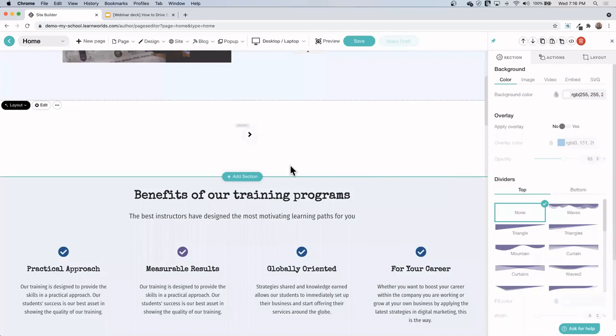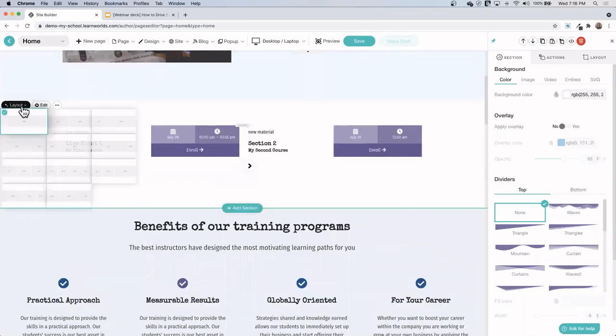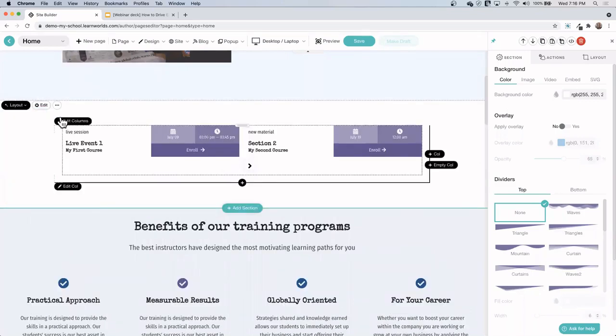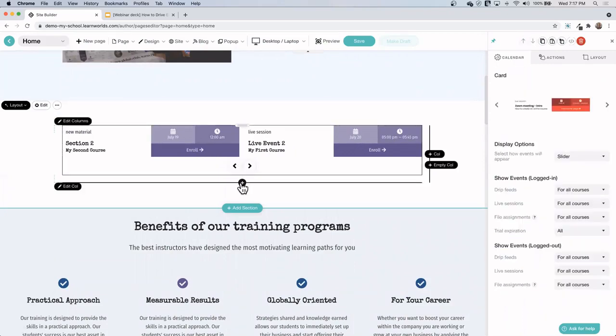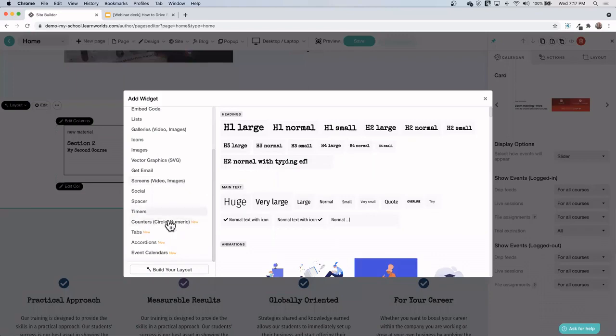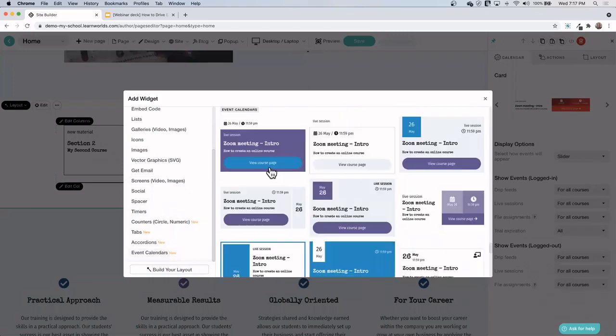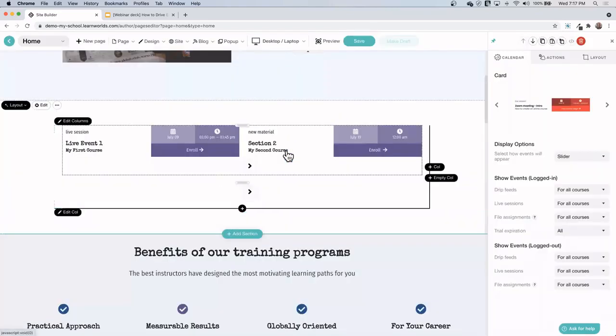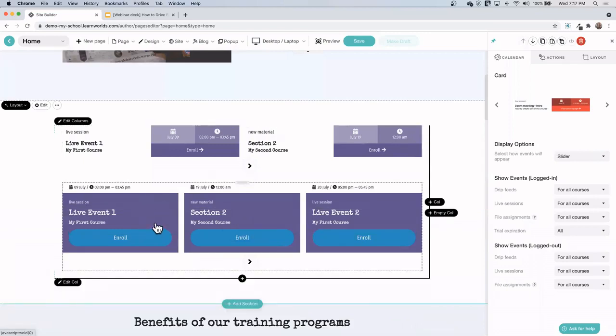Let's try that one. Now, the great thing about LearnWorlds too is that you can always change the layout of what you got down in here. So you can always add additional widgets and things like that you want. So when I click on one of these, actually, you know what? That's not the greatest example. Let me get another one of those. We'll just have a couple here so I can show you some different things. There we go. So if I come in here and click here,